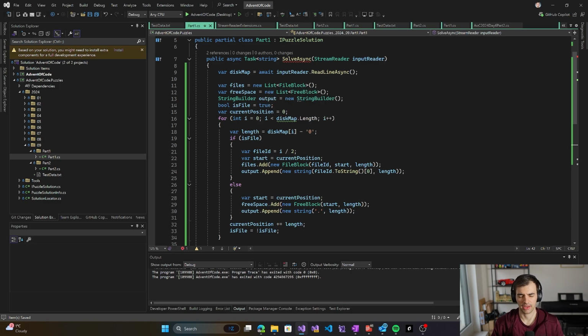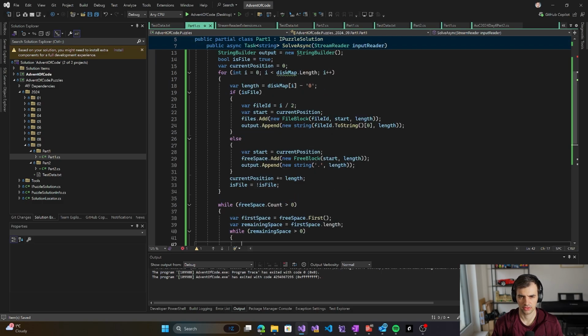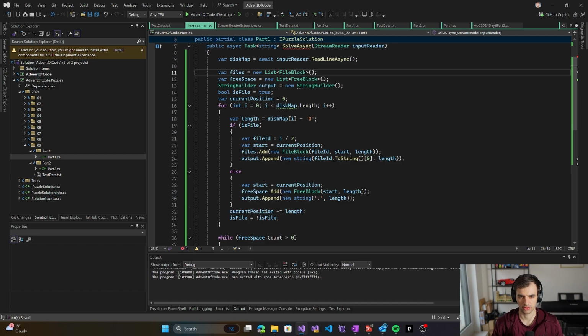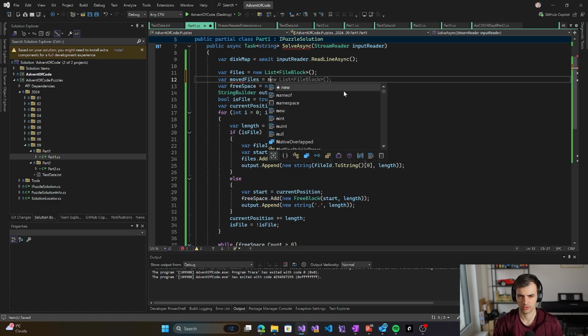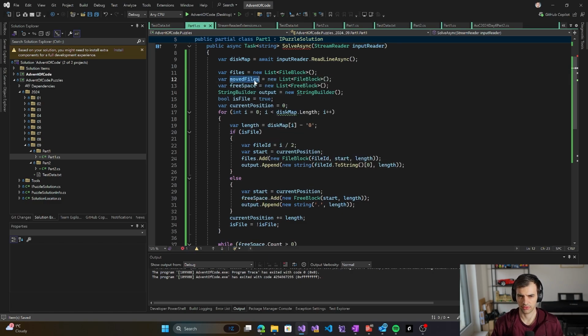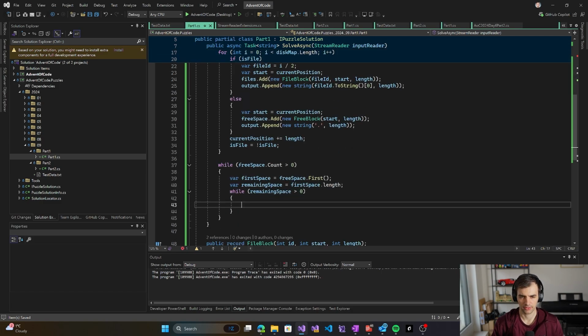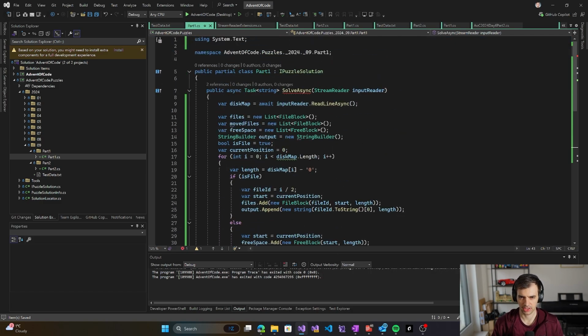We'll need to, that's important, we need to make sure that we don't incorrectly take the files that are no longer reuse the updated files. We don't want to update files that we already moved, so we'll have moved files. That's going to be the files that we have moved somehow. So we will be taking